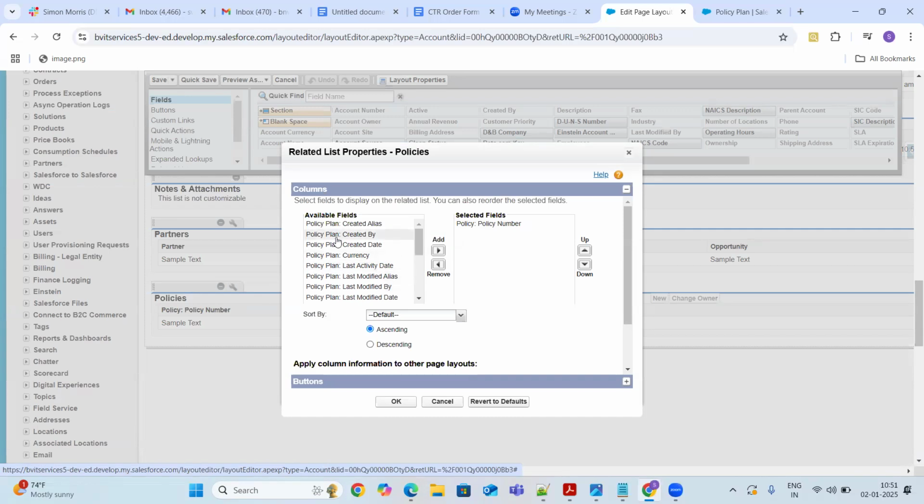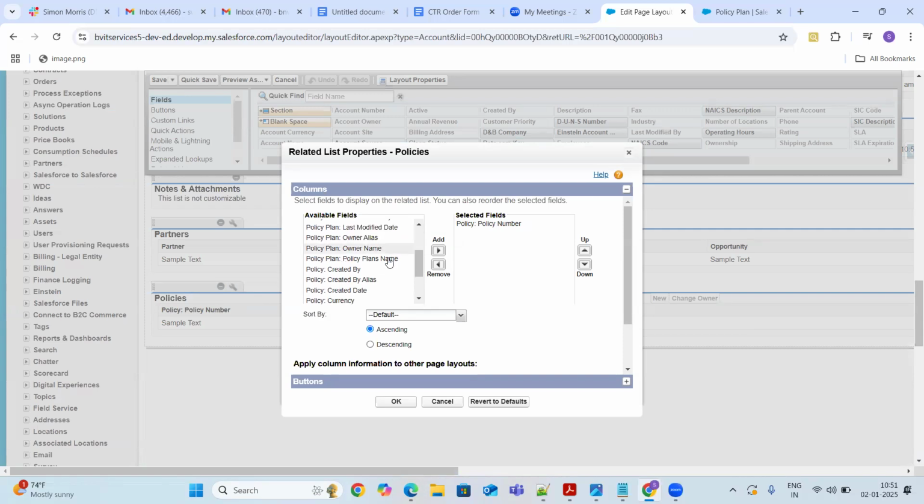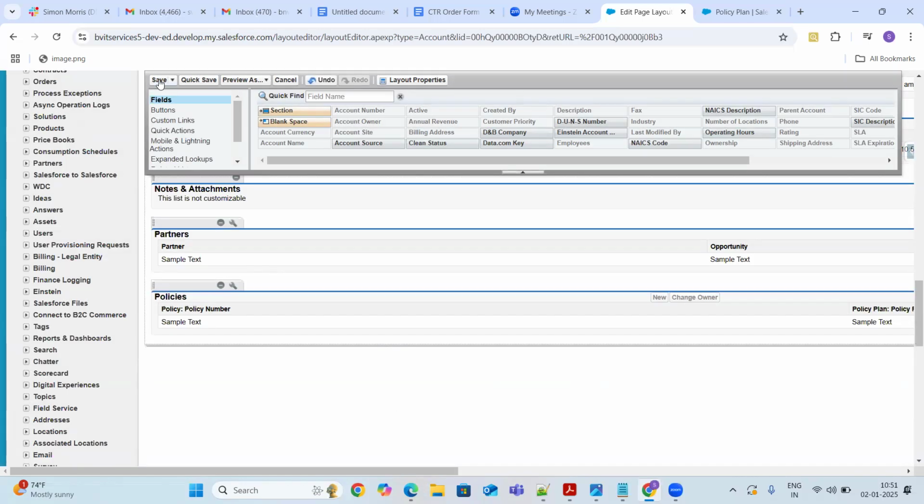From the account, I can see the policy plan. So I just need to add the policy plan name. Okay. Clicking on OK. Clicking on save.